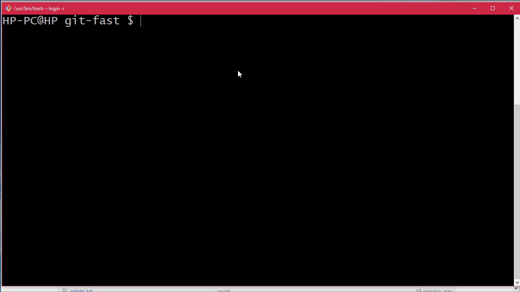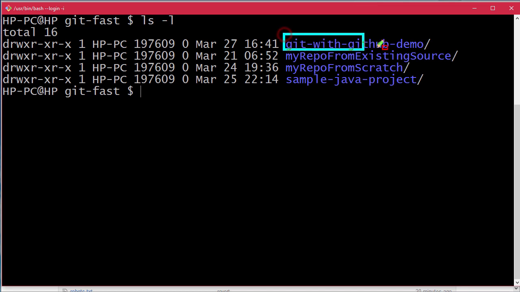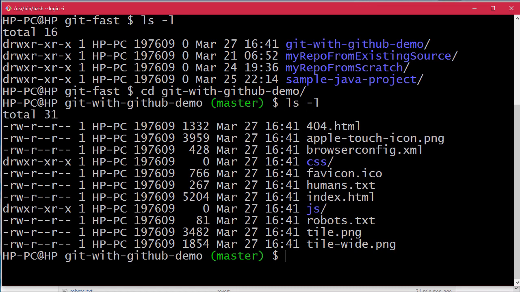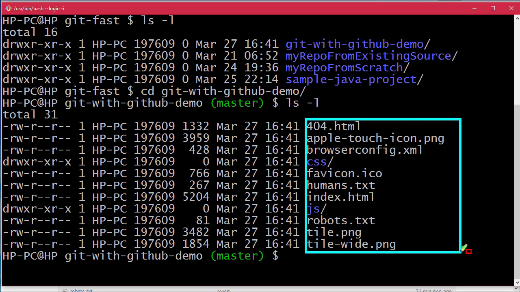Let's clear the screen. Let's check the contents of the directory using ls -l, and as you can see, the project git with GitHub demo has been copied appropriately. Let's cd into the project, cd. Let's press tab for auto completion and we are in the repository. Let's check the contents of the repository using ls -l, and you can see here there are several files and directories